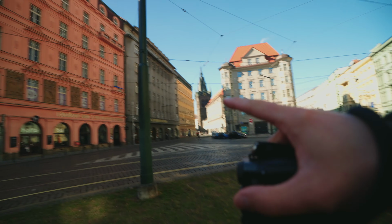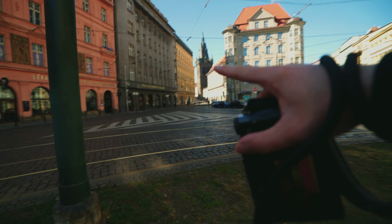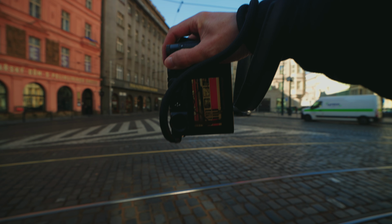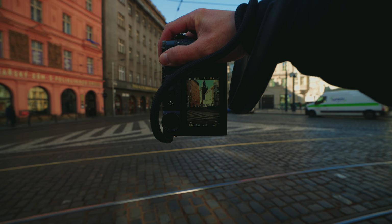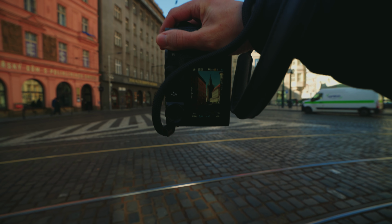So this frame down here, you've got light coming in with, it looks like a cathedral or a church down the end. And I think with a tram going through there, like there's one coming now,